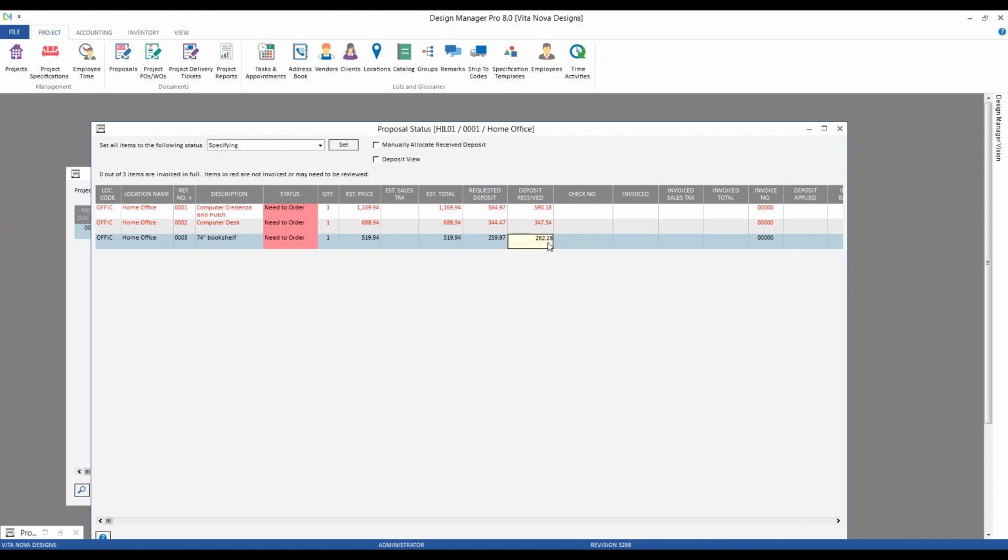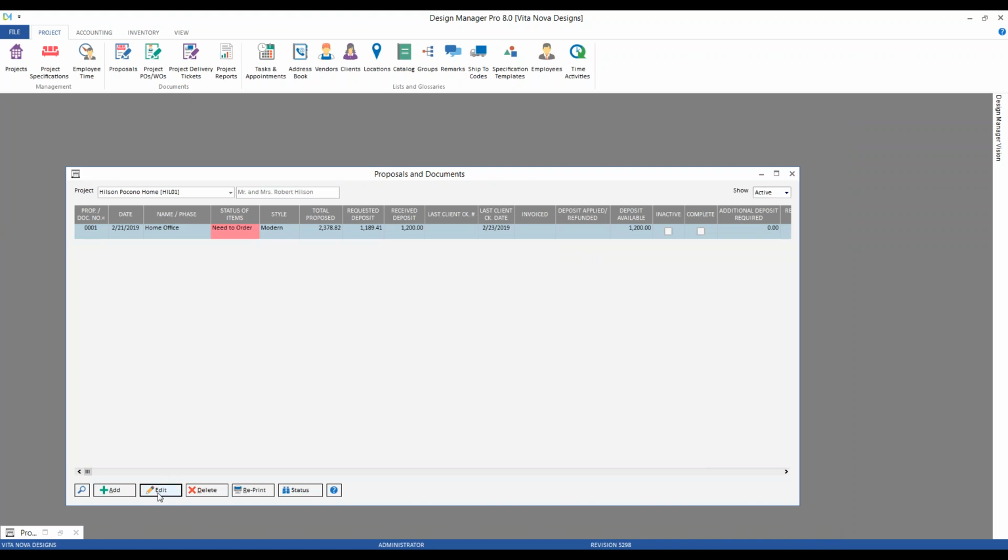Now in our scenario, let's imagine that the Hilsons are not going to go ahead with the bookshelf, and they want the $262.82 simply applied to the other items. Very common and very simple. All we have to do now is simply edit the proposal,